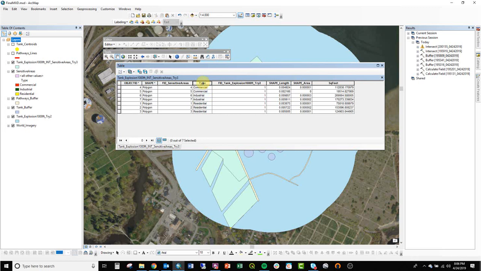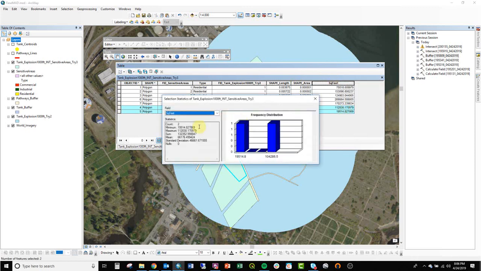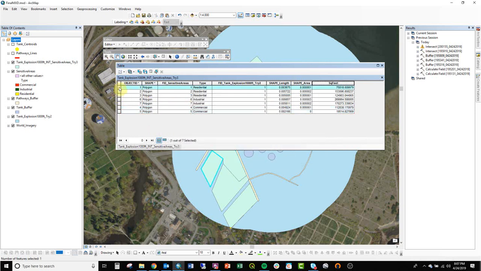But now, since what I was saying before is like, all right, since there's only 2 of these things, these 2 commercial, instead of doing a summary, and really if there were 50 of these commercial things, you could just sort it by commercial, and you could select the 2, and then right click on square feet and get statistics to get the sum of the commercial total square footage, right? And then, for example, you do residential, you'd click on all 3, and since they're selected, you would get the sum